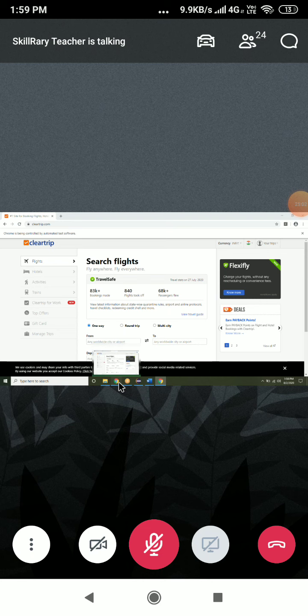This one I have opened using automation. Here you can see one thing: Chrome is being controlled by automated test software. It means you are opening the Chrome browser using Selenium. Whenever you open any Chrome browser using Selenium, it will open the Chrome browser with default settings. For example,